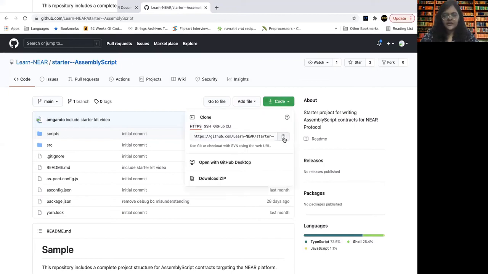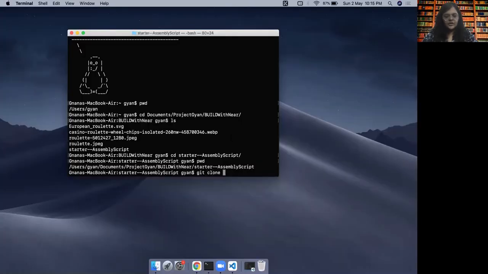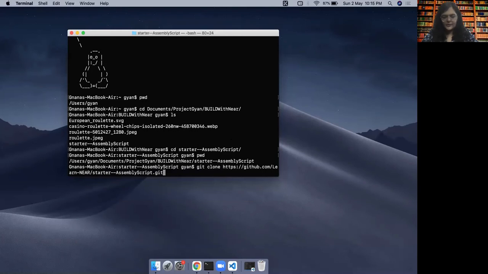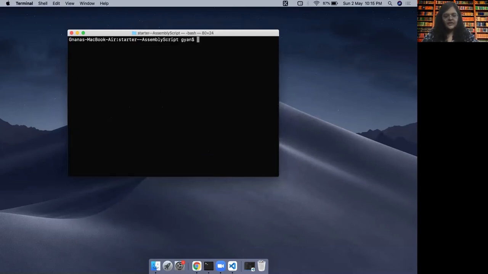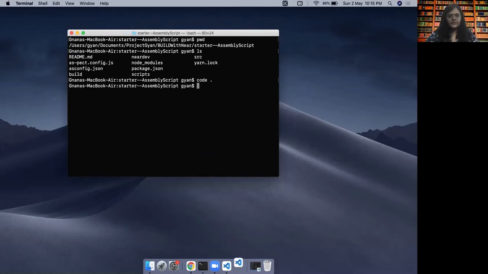You can just copy this, go to your terminal, do a git clone, copy the repo, and it will get cloned. Since I have already cloned the repo, you can see that I am already inside the starter AssemblyScript. It already has one contract, which we will be overwriting with our own contract. So I'm going to open this entire folder in VS Code.